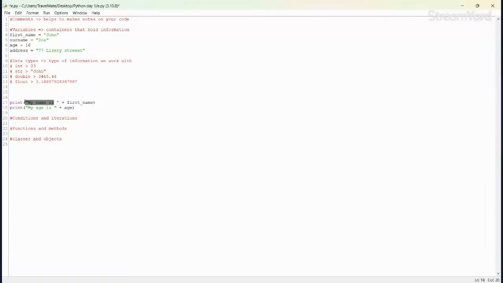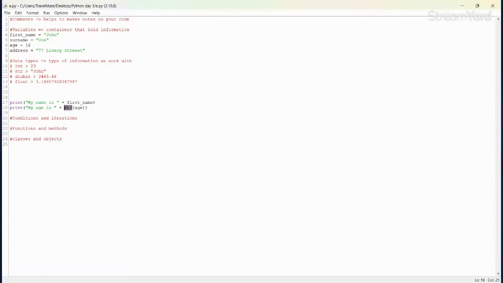So I'm joining two things at the same time, right? I'm dynamically typing this in, and obviously, guys, as I said, print is a built-in function in Python that actually helps us to display information onto our terminal. So if I press F5 and I press OK, you will then see. Oh, okay. I have to actually convert this into a string. Right. So, okay, cool. So as you guys can see, my name is John and my age is 16, which is perfectly fine there.